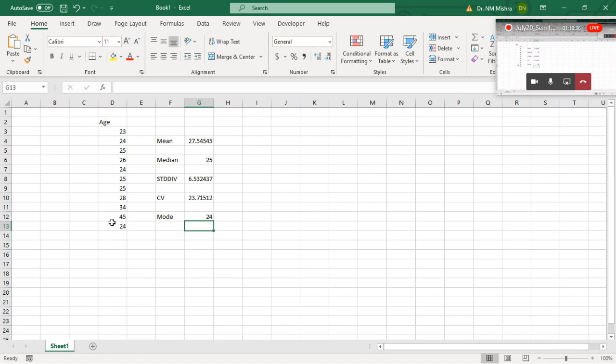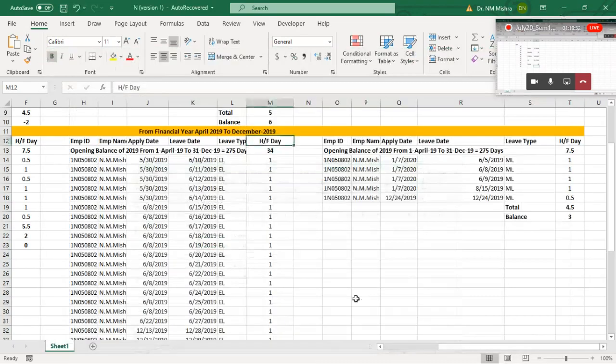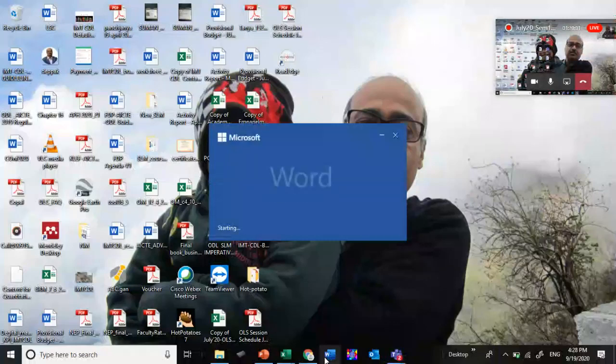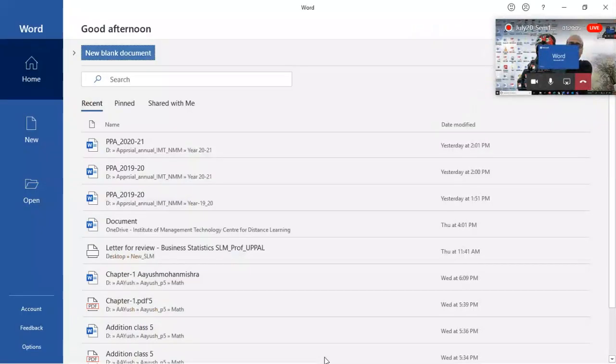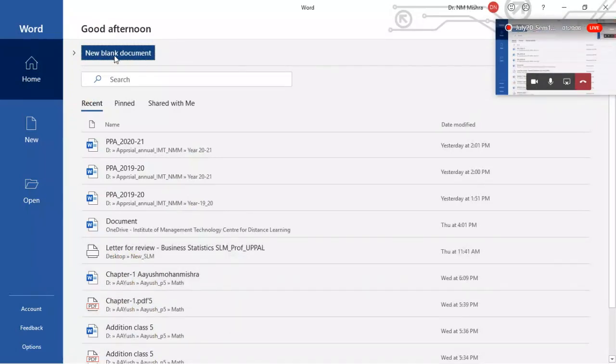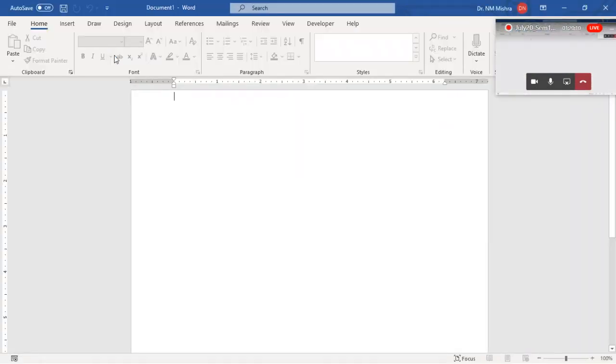With this, whatever we have learned, we have encapsulated. We have learned how to find it out using Excel, and I have demonstrated that to you. Now, the most important tips of the day, which you should note down. For that purpose I'm going to use a Word document wherein we will write the things. I'm using a new blank document and writing here.